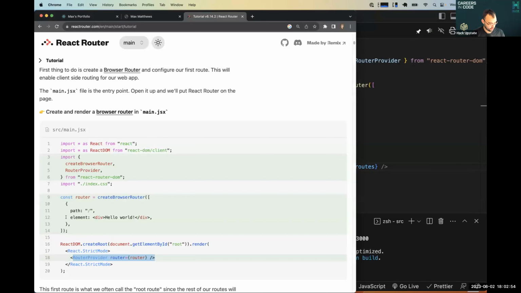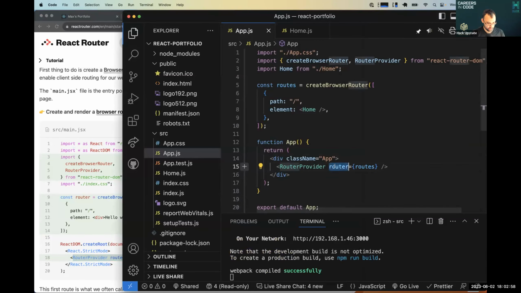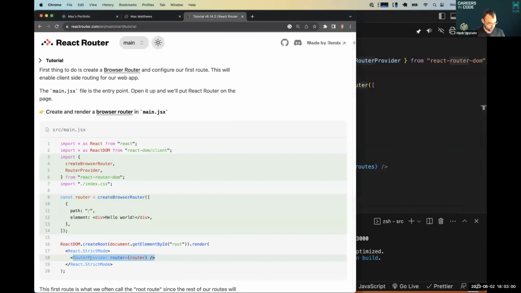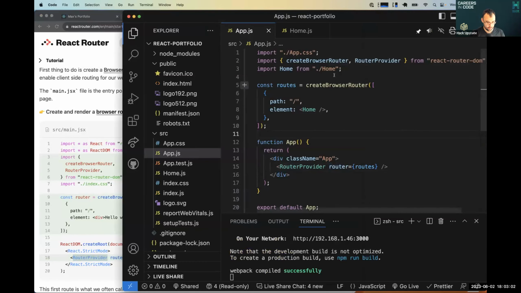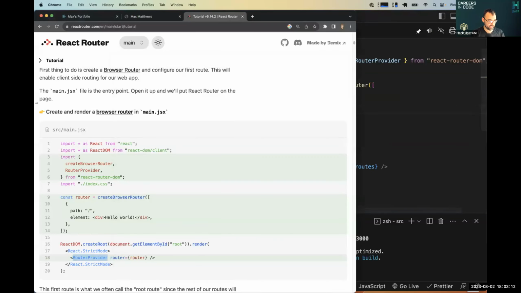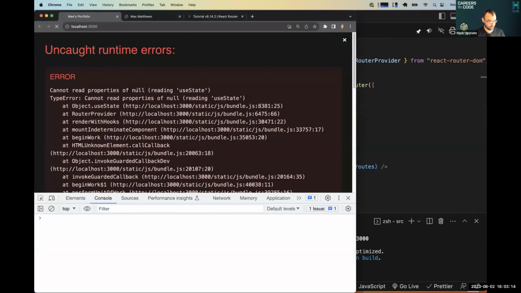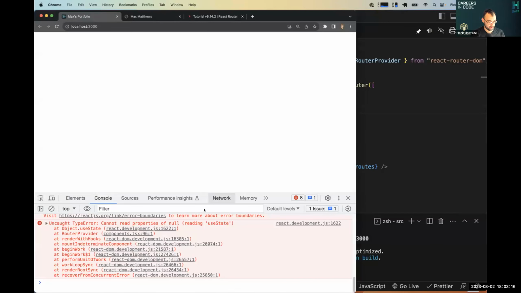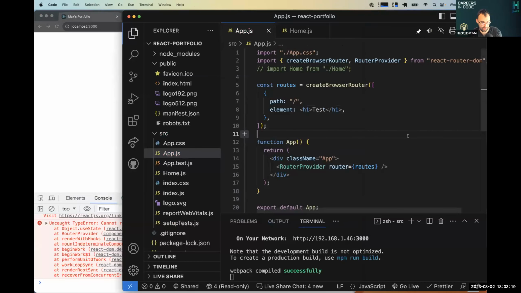Router's the prop, router provider, create browser router. Well, let's try it like this. Let's take out home and we'll put just an H1 in that says test. And that doesn't work. So that's gotta mean that the problem is with